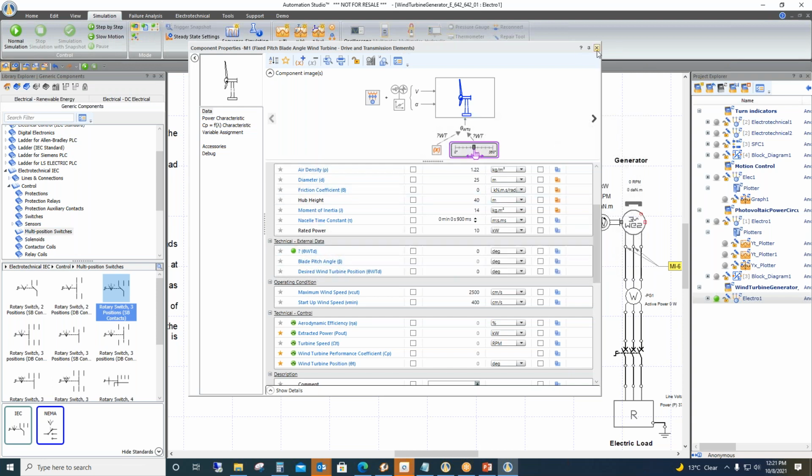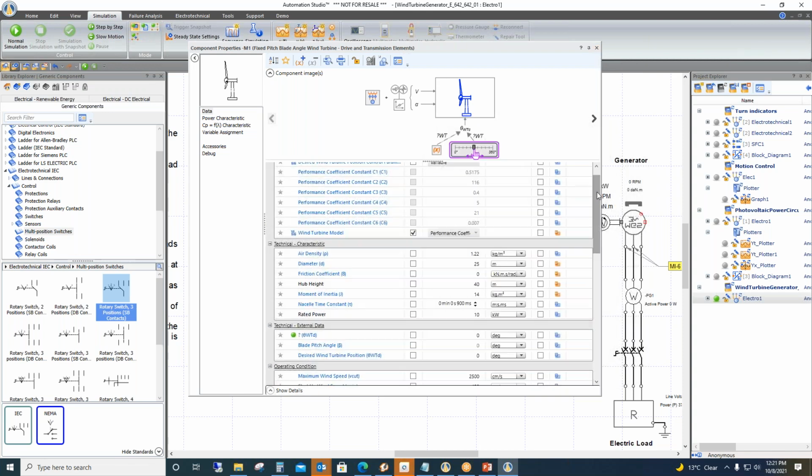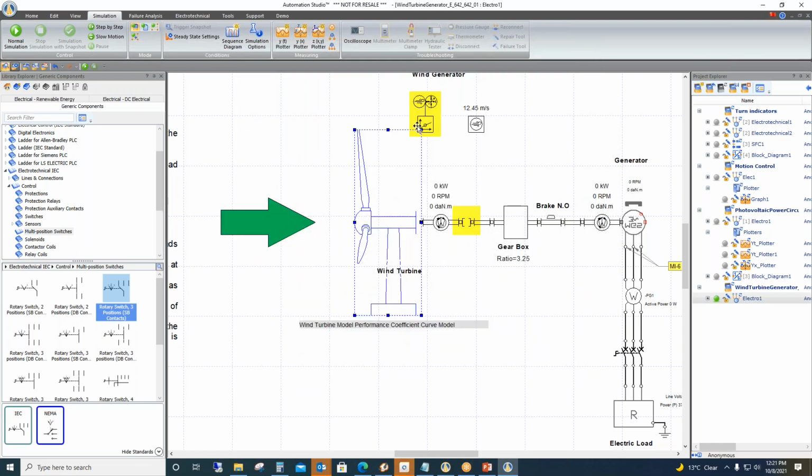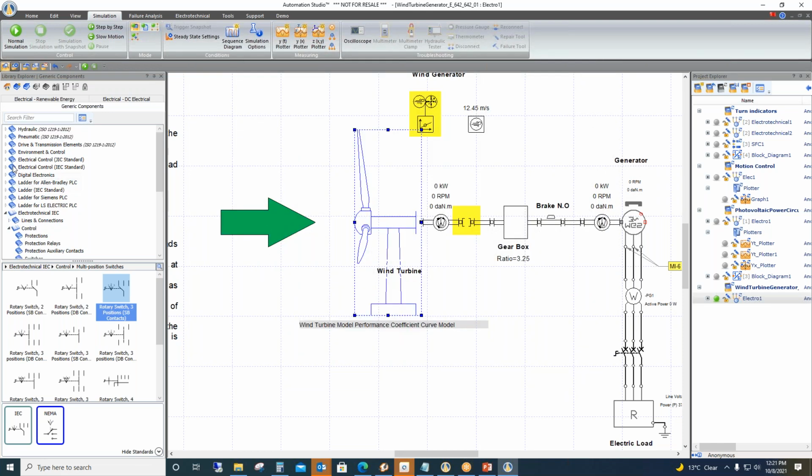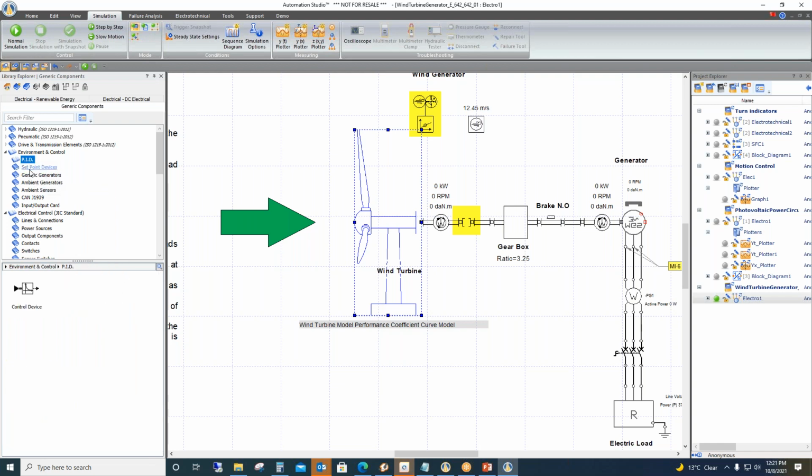Yes, sir. The feature that you were mentioning: we have two different types of wind turbine generators in our library. One is the fixed pitch and another is the variable pitch blade. The feature that you told, where the pitch will change according to the speed, you can achieve with the variable pitch blade angle turbine.